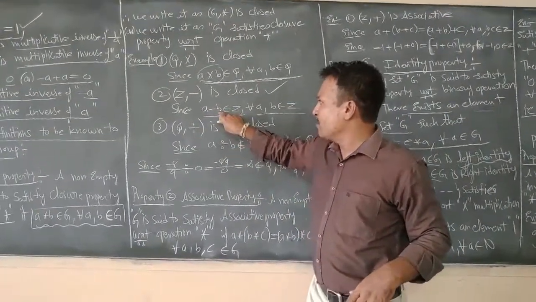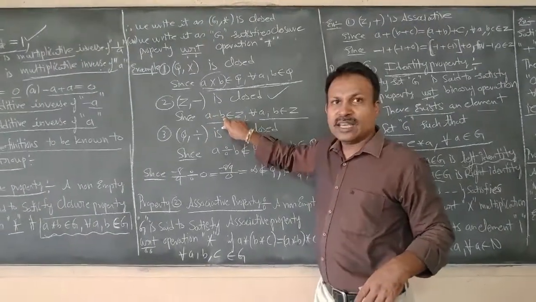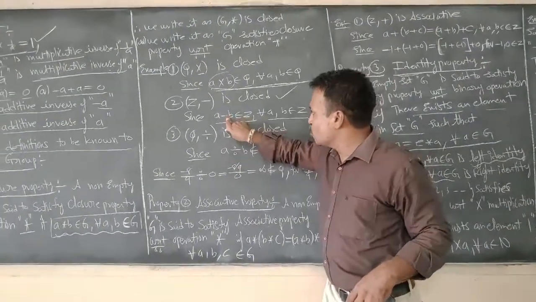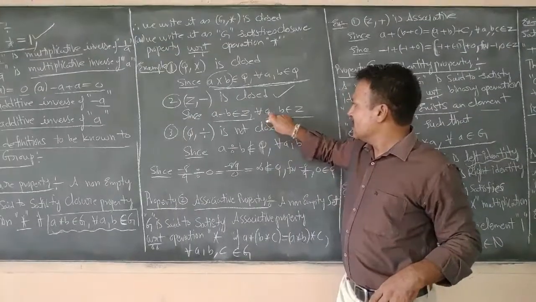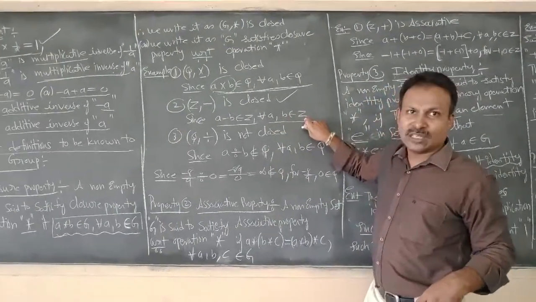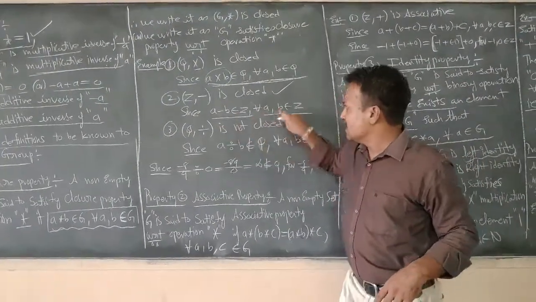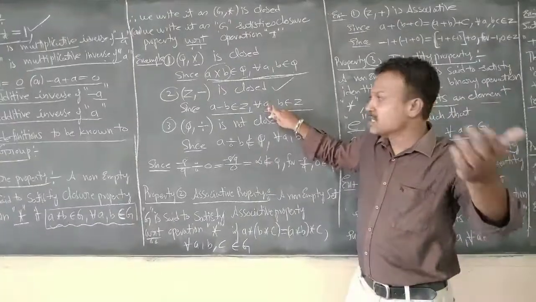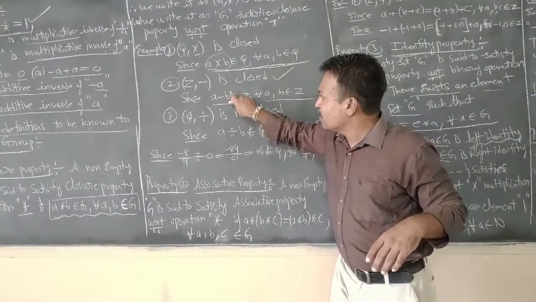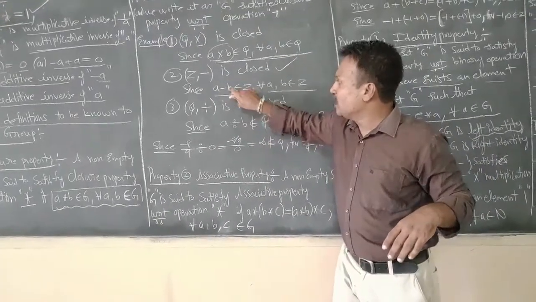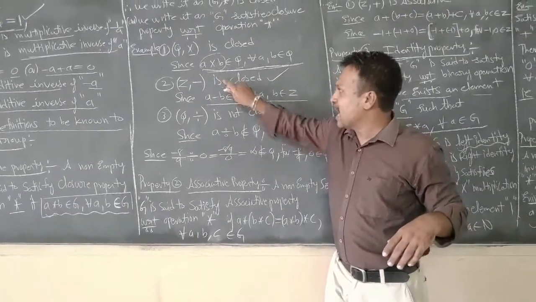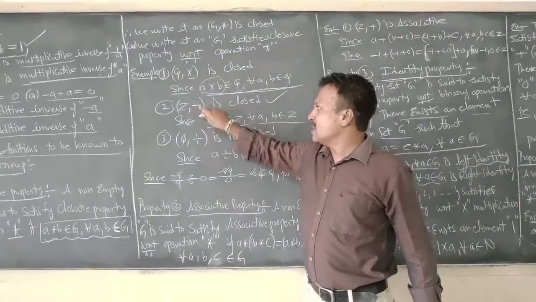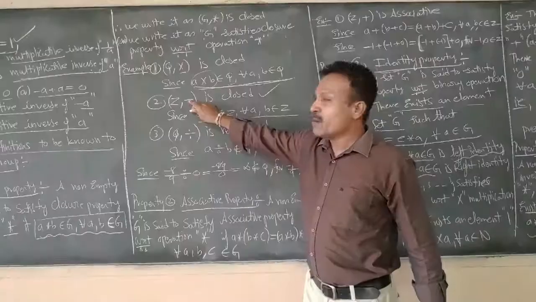A minus B: 3 minus 5 is minus 2, and minus 2 belongs to Z, for 3, minus 5 belonging to Z. Here I have taken symbols; instead of these two numbers, we can take any two integers, and if we put them in this condition, the resultant value should be an integer. So this example says that Z, minus is closed with respect to subtraction.